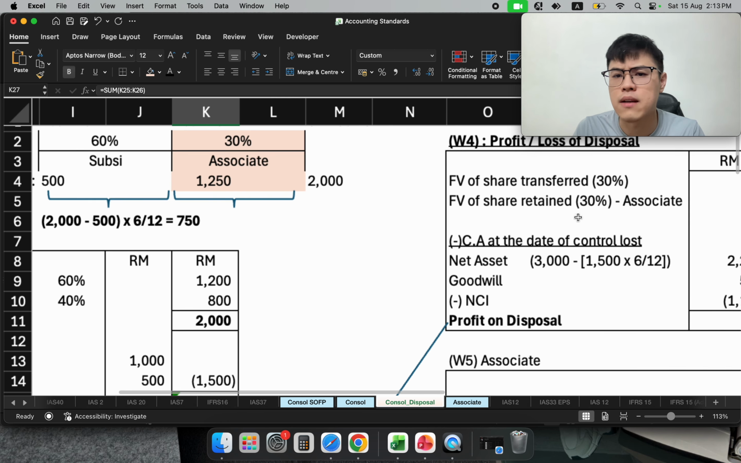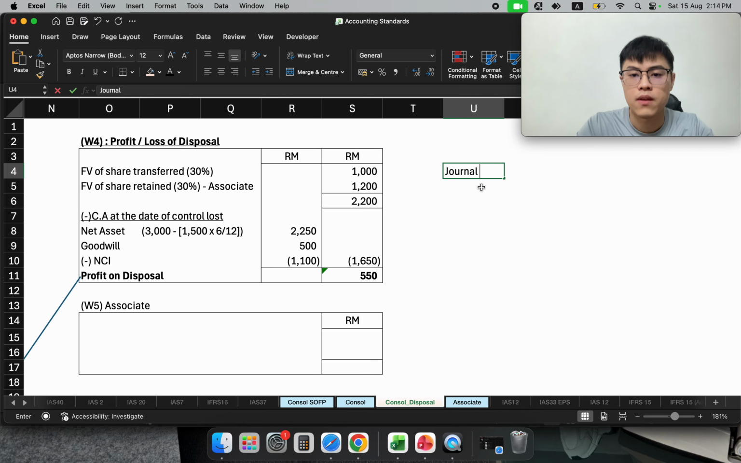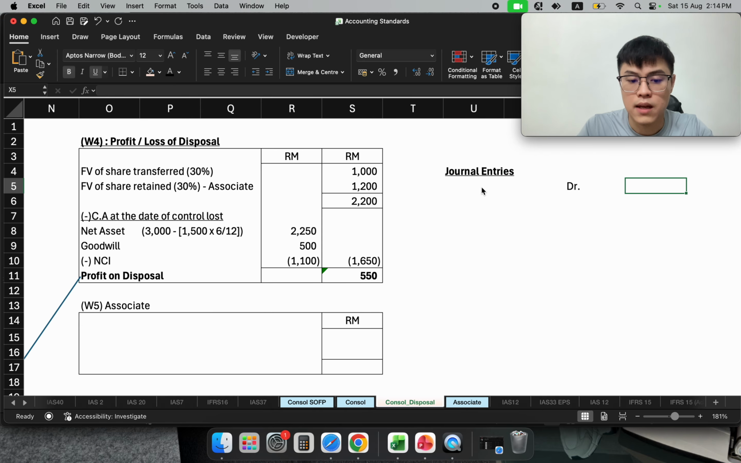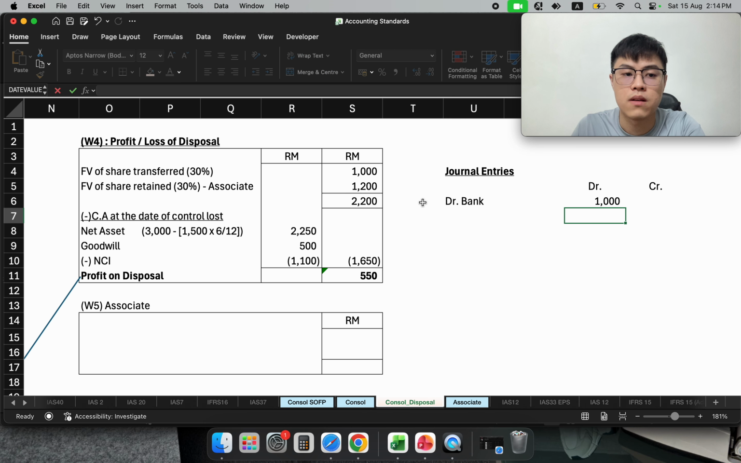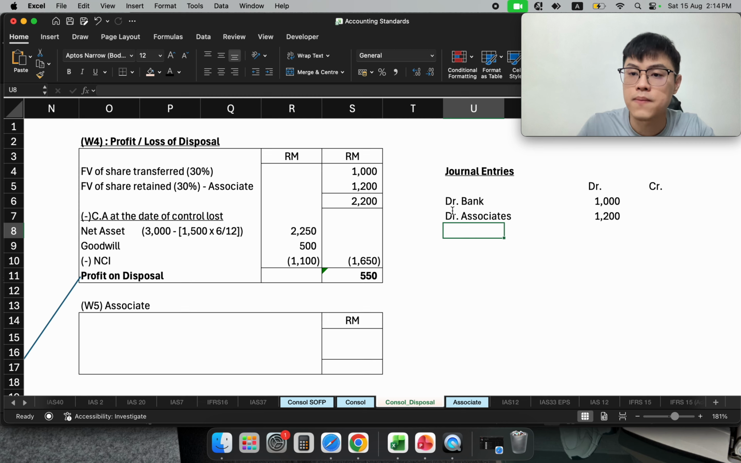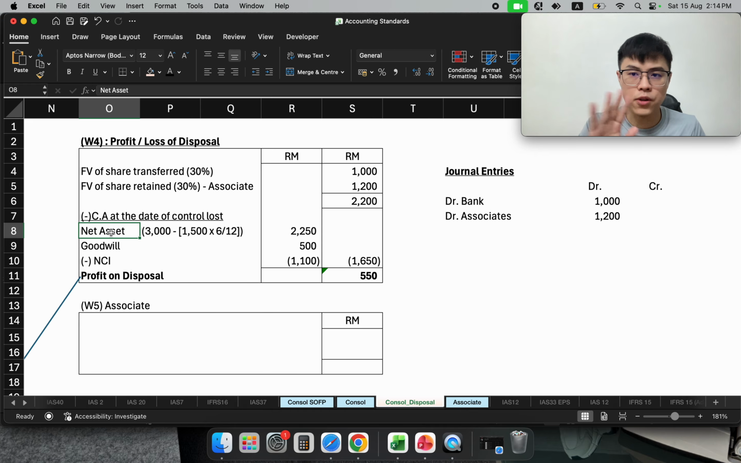So how to explain this part? Actually, if you were to put it under a journal entry, that will be clearer. We have a debit and we have a credit. So let's say for the 30% transfer, we receive money, so I'm going to debit bank. For the other 30%, I will recognize as associate in my books after the date of loss of control. And the net asset is the asset and liability up to the date of loss of control. I'm not going to recognize the subsidiary's asset and liability in my books, so I will need to take it